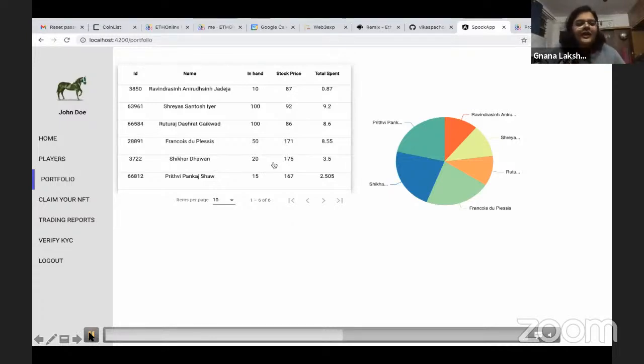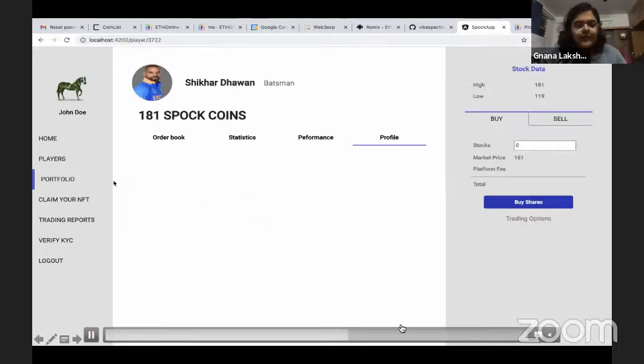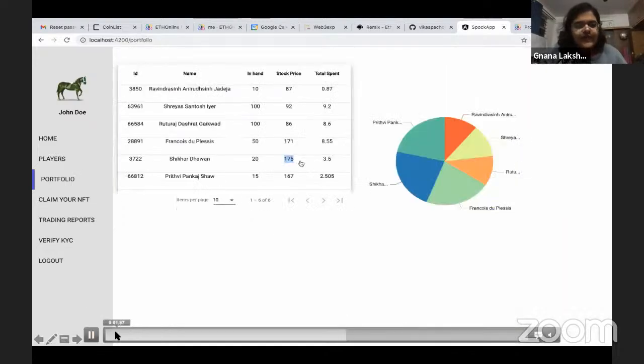One of the things to note here is that the sell call that I placed is on two players, Shikhar Dhawan and Prithvi Pankaj Shaw. Initially, I have 20 stocks and 15 stocks of each of them. Post the sell call, the number would reduce because I'll be selling 10 stocks of each of these players.